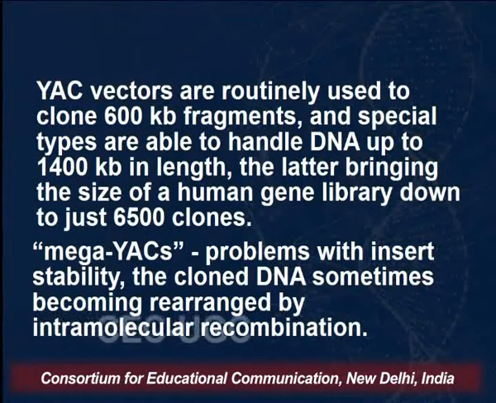We want to sequence it as it is. We don't want it to undergo any modifications, changes, or intramolecular recombination. We also do not want that even if we have 7,000 clones, which is more than required, there is loss of insert that occurs. So insert instability is there, and we don't want that. Depending upon our need, how many clones we need for representation and what we want to do downstream, we choose the cloning vectors and clone the entire genome into these vectors